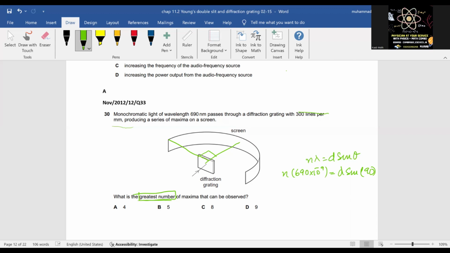अच्छा जनाब, d निकालना है। सो d = D/N। उसने कहा 300 लाइन्स, N को आपने रिप्लेस कर दिया 300। और पर मिलीमीटर है तो D को आपने रिप्लेस कर दिया 1 × 10^-3 से। परफेक्ट हो गया। d की वैल्यू निकाल दो और उस d की वैल्यू को रख दो, sin 90 हो जाता है 1। सो n is equal to d, हमारे पास आ जाएगा 1 × 10^-3 divided by 300 × 690 × 10^-9। ओके, निकाल दो कितना आ रहा है।